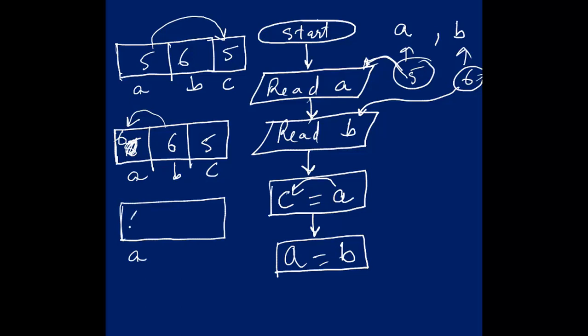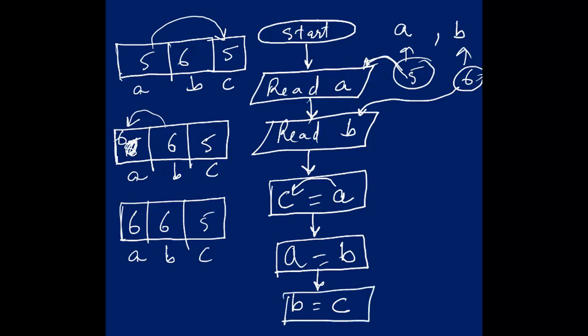Okay. Now again I will draw next. So this is A, this is now 6, and B, this is 6, and C, this is 5. Now I will write here B is equal to C. This C will come in B because I have written B is equal to C. That means I have to assign this C into B. C is 5 and this 5 will get stored in B and previous 6 will get deleted.